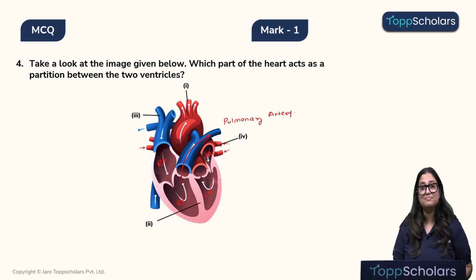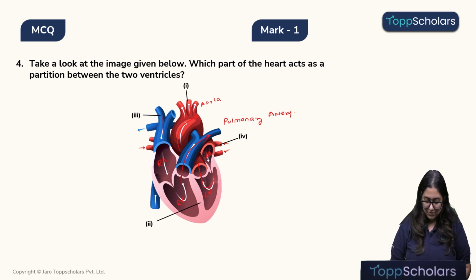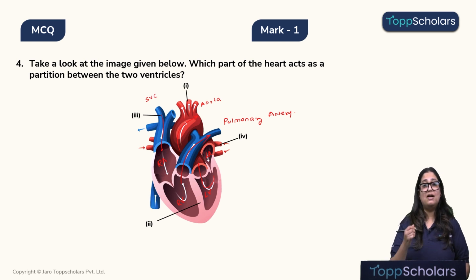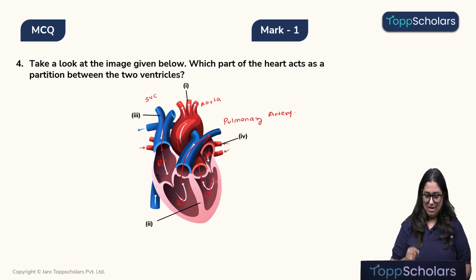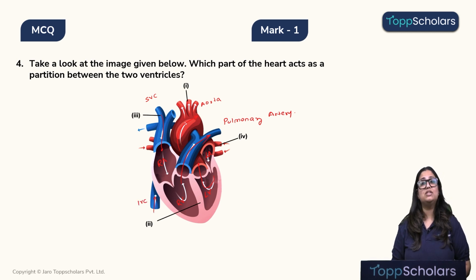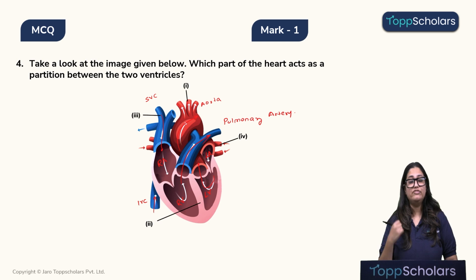In what sense? It is the only artery to carry deoxygenated blood. Similarly, children, from the left ventricle, we can see this particular artery. This is our aorta. This blood vessel entering into the right ventricle is the superior vena cava, bringing the deoxygenated blood from parts superior to the heart. And this is the inferior vena cava, which brings the deoxygenated blood from the parts which are inferior to the